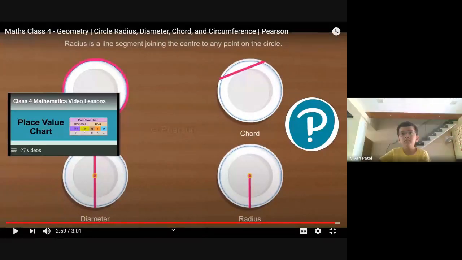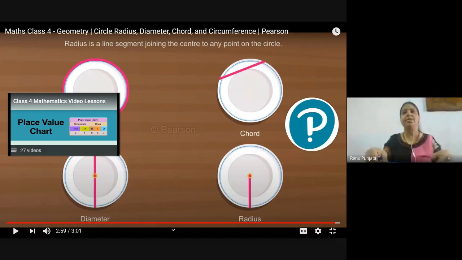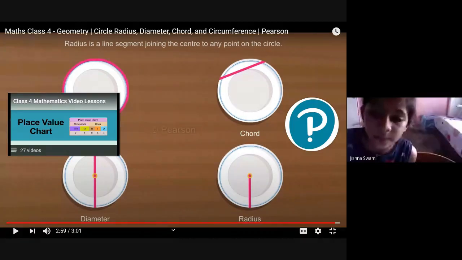Then take, please let me complete it, Vivan. So start doing about the circumference, children, then I will explain you about the second part. So please hold your thread, hold this plate and start measuring the circumference of your plate. And everyone, it will differ because some have different sizes.